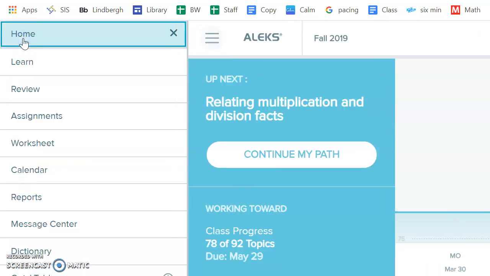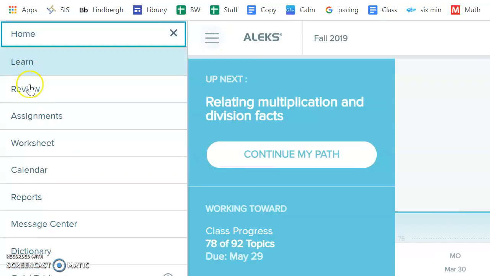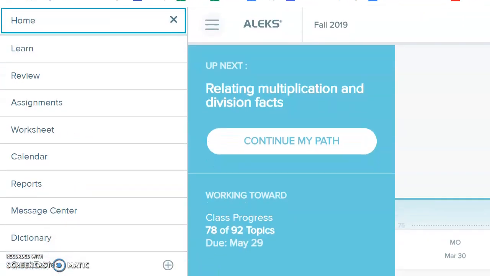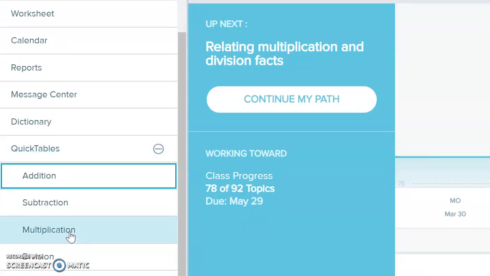But for quick tables, you're going to click these three bars, and then you're going to go down, down, down, down to quick tables. You can choose here addition, subtraction, multiplication, or division. Last week I asked you to do either multiplication or division. Once you click on those,